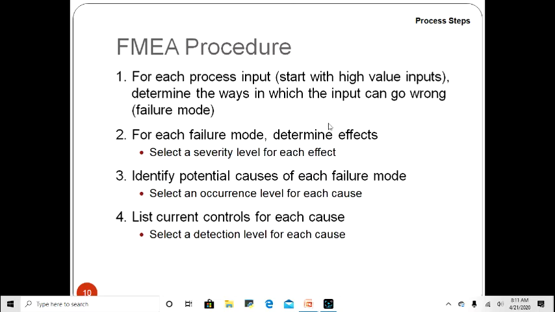And what is the procedure is that first input, right? So what is your input for your pharma or any process is that there will be some raw material and there will be some process parameters, objectives, design consideration, etc. So first, when you go ahead with the FMEA, you have to look into the input. Okay, so what are the means of input? Is there any risk associated with the raw materials? Second thing is that you identify the failure mode, determine effects. That is, what is the severity of each effect?